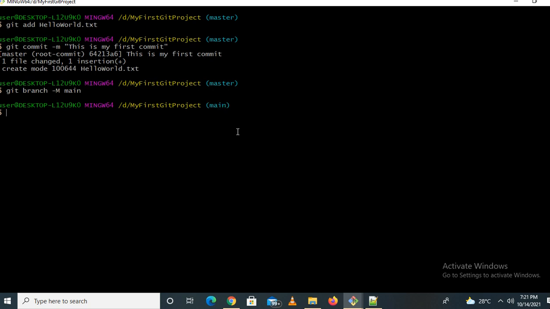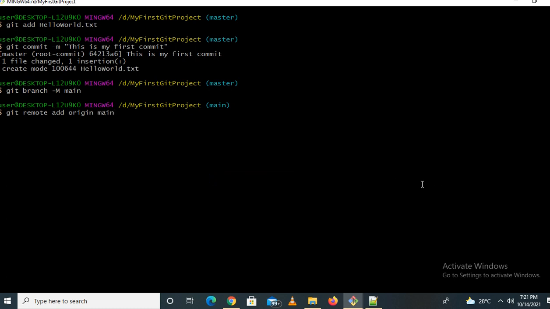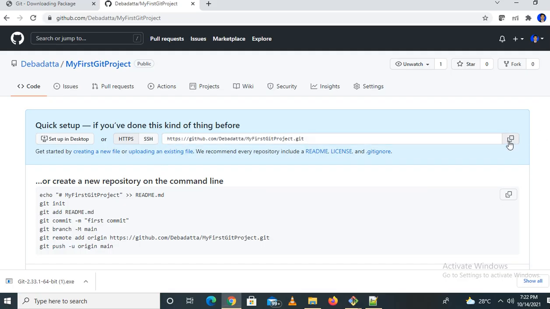Now git remote add origin. Give the URL. Oh, sorry, I have not copied. Let me copy this.